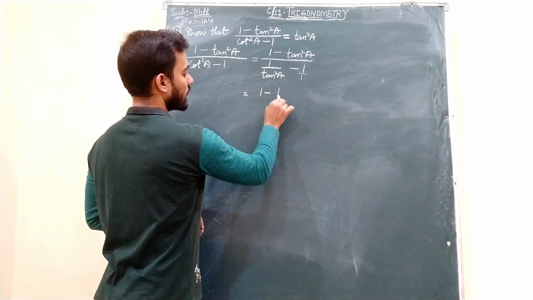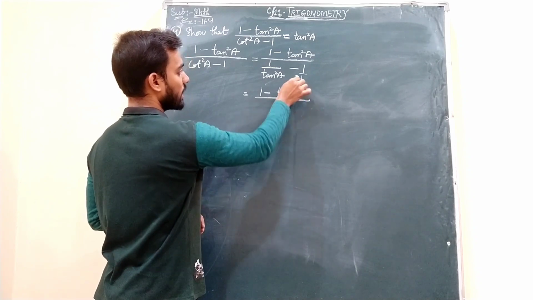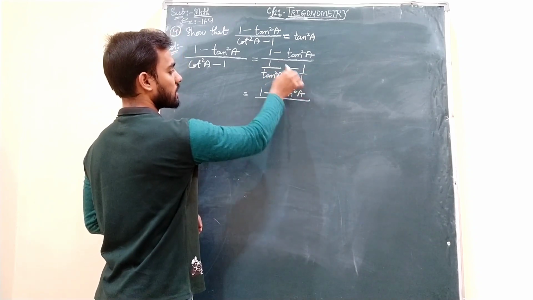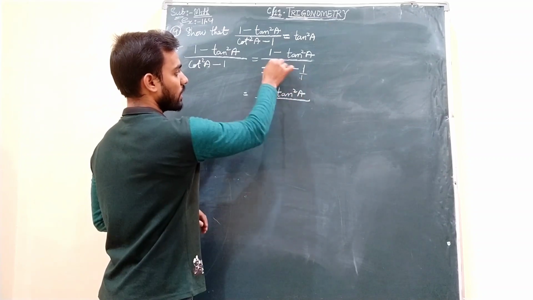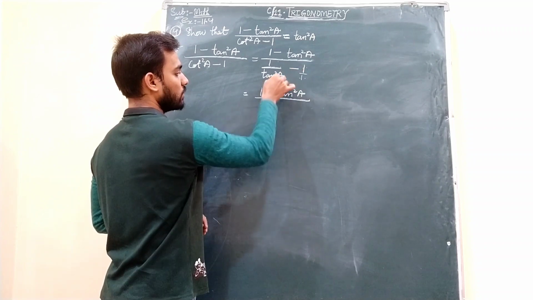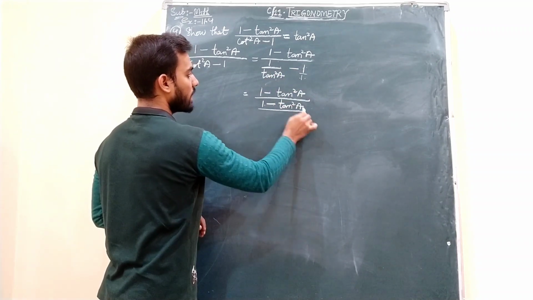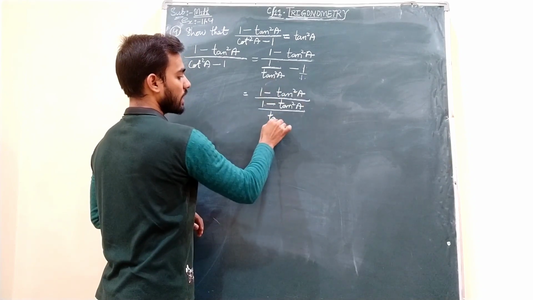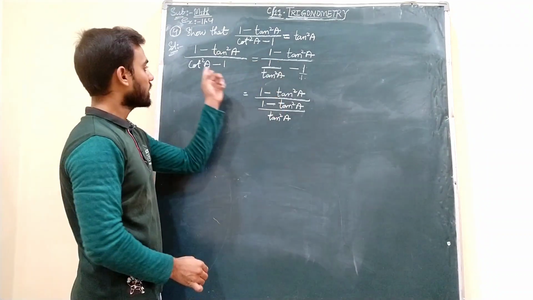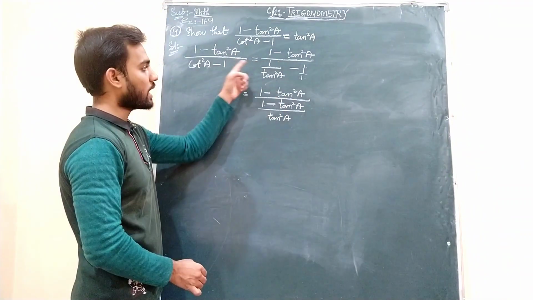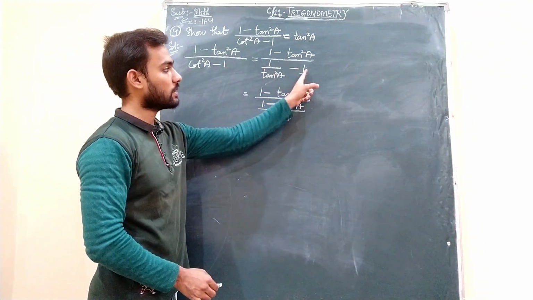So numerator again I will keep as it is, 1 minus tan square a divided by, here for simplification, numerators cross denominators direct. This will be 1 ones are 1, minus 1 into tan square a is tan square a, whole divided by tan square a ones are tan square a. Okay students, we are not disturbing the numerator, it is as it is. This denominator cot square a I changed into 1 by tan square a, and this is 1 by 1.